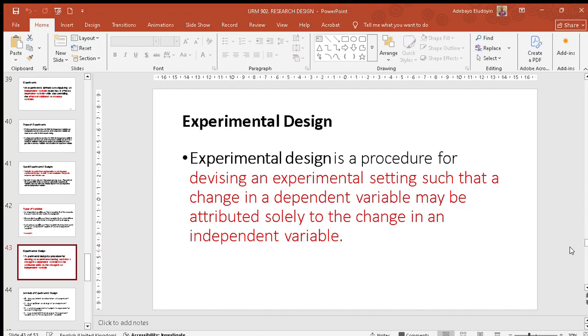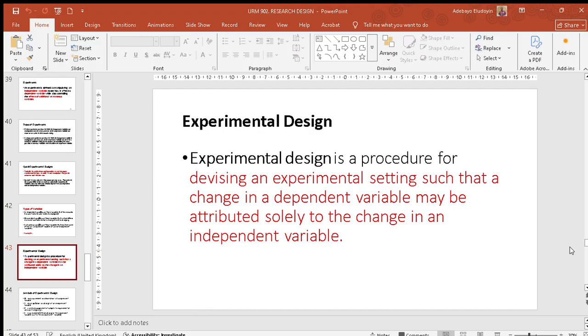These are things we have to be careful with. But don't forget, here we're talking basically about experimental design. We're talking about causal relationship. We're talking about areas of research that involve you observing some things, or getting values or